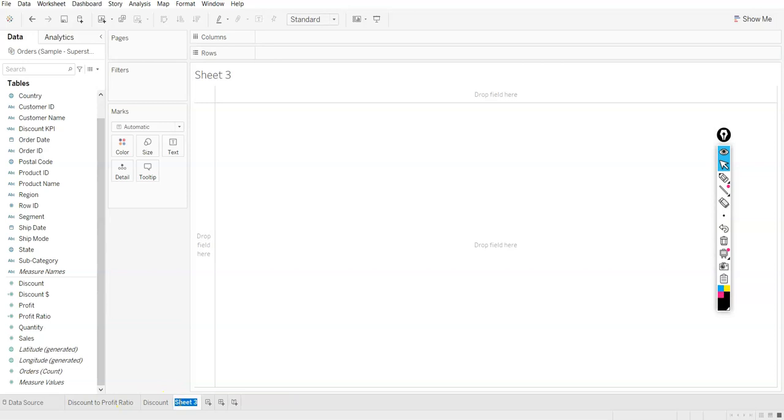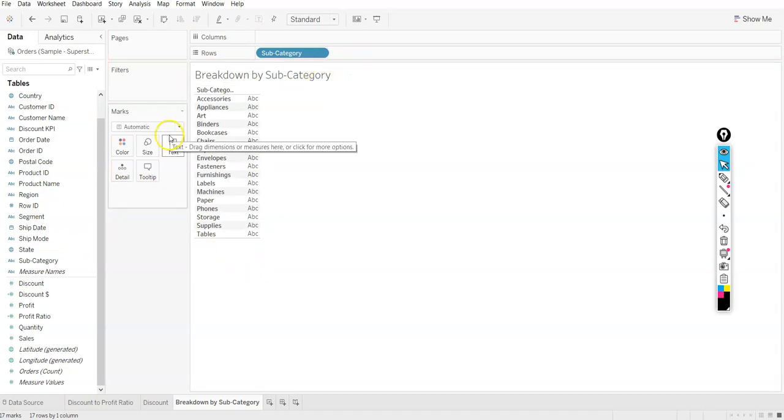Now increasing that, we're going to break down by subcategory, right? So here is our subcategory. Now what do we do? We are just trying to see the discount percentages based on subcategory. So let's take subcategory first and put it in rows, right? So we have our subcategory,